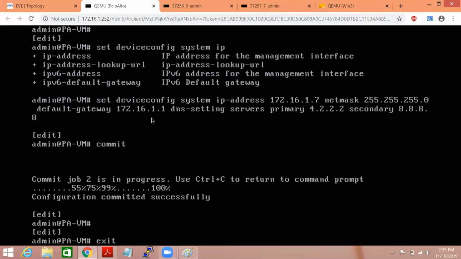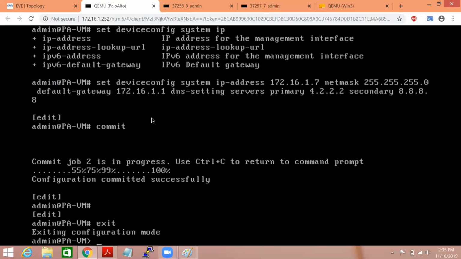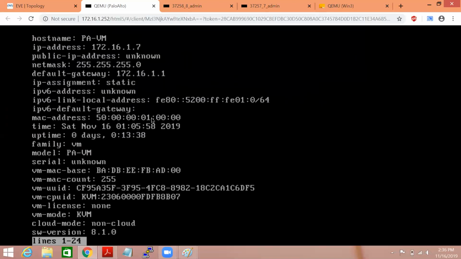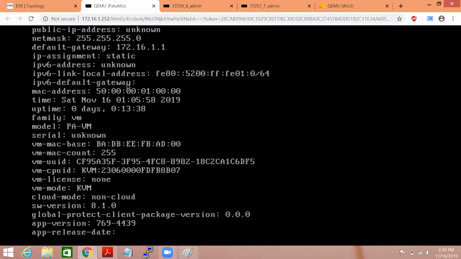Now we'll just exit, and we'll check whether it is showing or not. You can check the configuration changes will appear here, and it's showing 1.7, and the mask, and the IP has become static. So now it's showing static. So let's try to ping it.